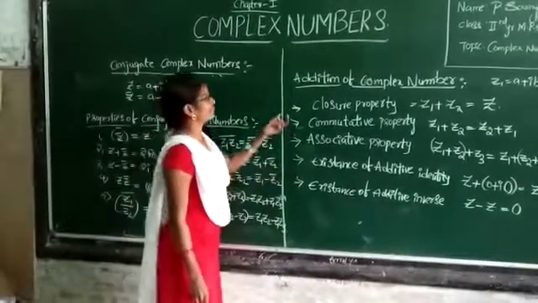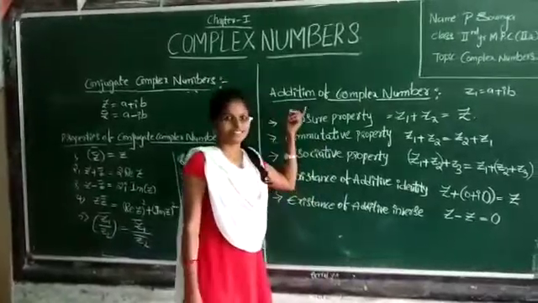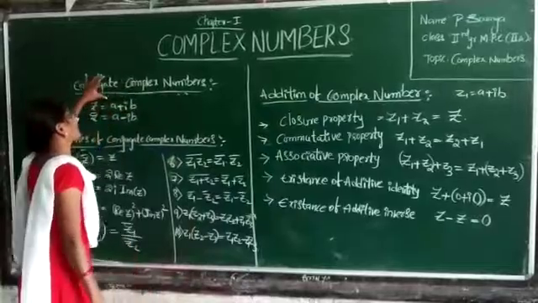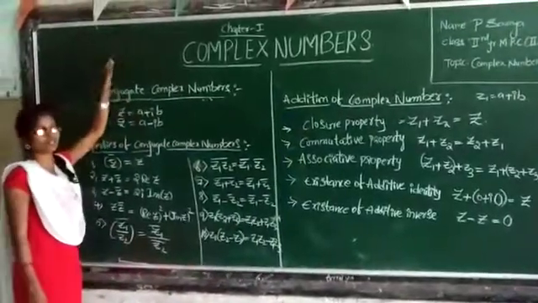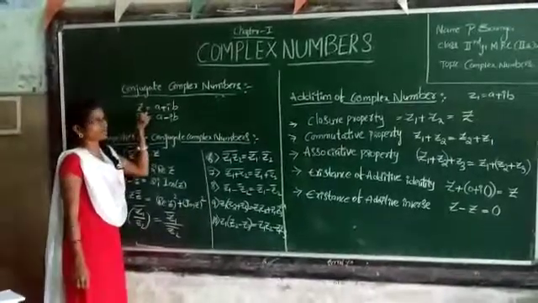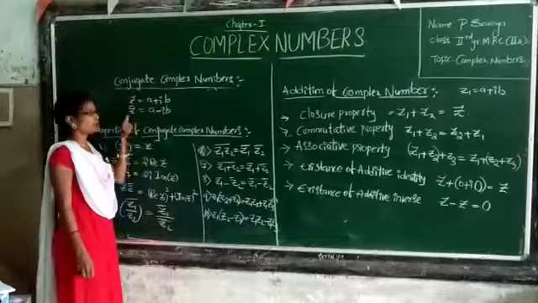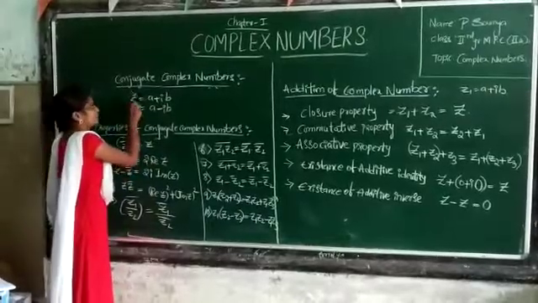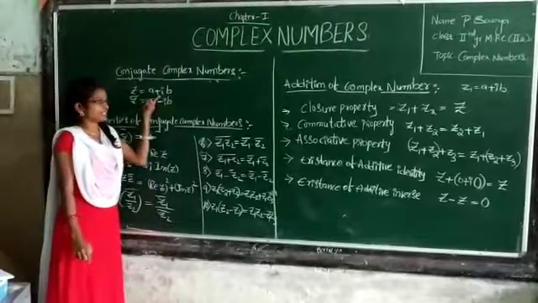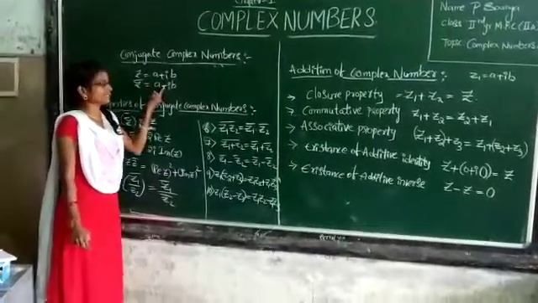You can write that is multiplicative and subtraction and division. Okay? And here the conjugate of a complex number. What is the conjugate? Why are we calling it a conjugate? Conjugate is nothing but, already you know the complex number z is equal to a plus ib. And conjugate is nothing but if you take the bar, that is called a conjugate. And in the imaginary part, where i is there, instead of plus you will get minus here.